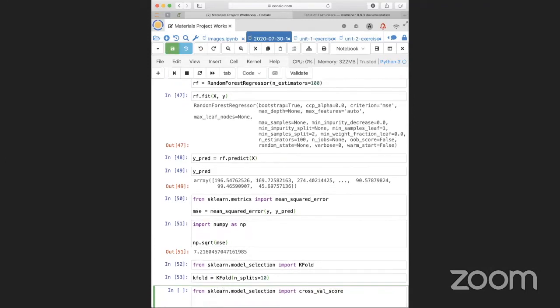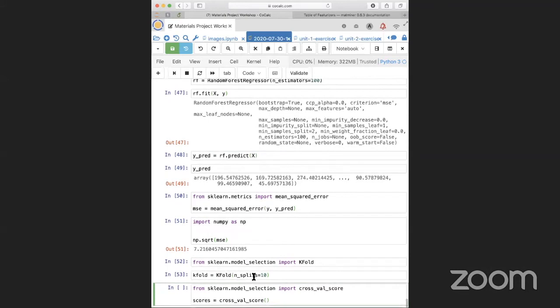And here I will type scores equals cross_val_score. The first argument is going to be our model, so this is RF. The second argument is going to be our features. The third argument is the target property. And then the next thing we need